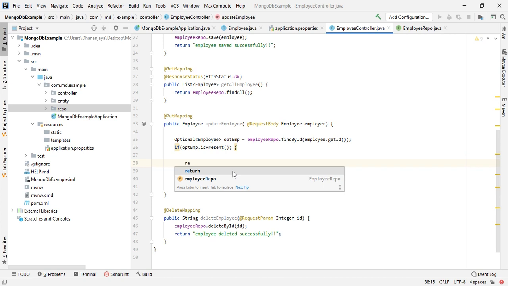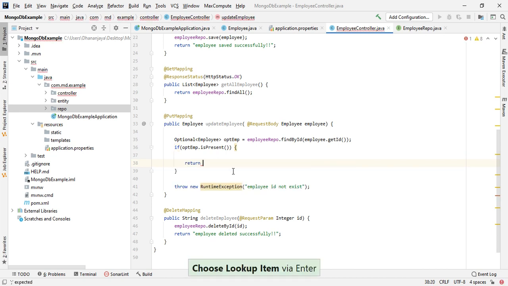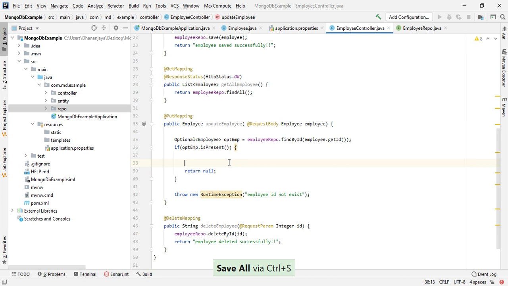For now make the return null, and do the save operation first. Or else we can update the mobile number or something like that. We'll update only the mobile number and name, and will not update the id.